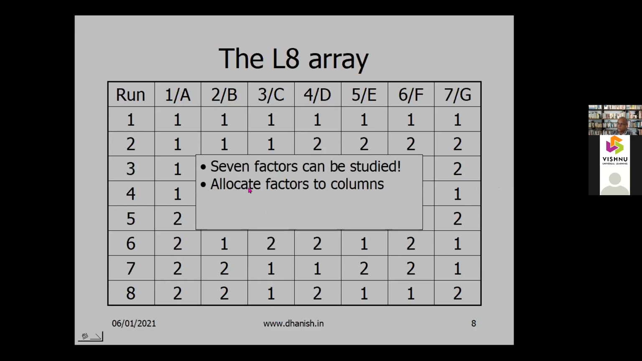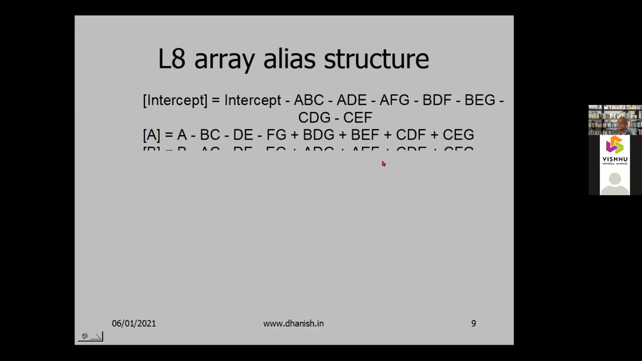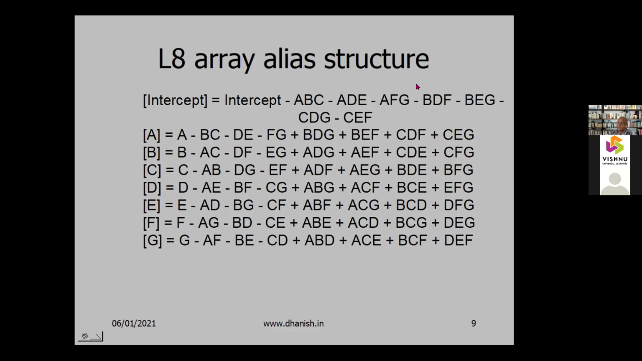And when you apply the Taguchi method, you have to allocate factors to columns. This is done manually. Suppose you have to study 3 factors A, B, and C. You can allocate 1 to A, 2 to B, and 3 to C. Normally people will do it like that, unless you have studied Taguchi designs in detail. So the L8 array alias structure is the same. These Taguchi arrays also have an alias structure,